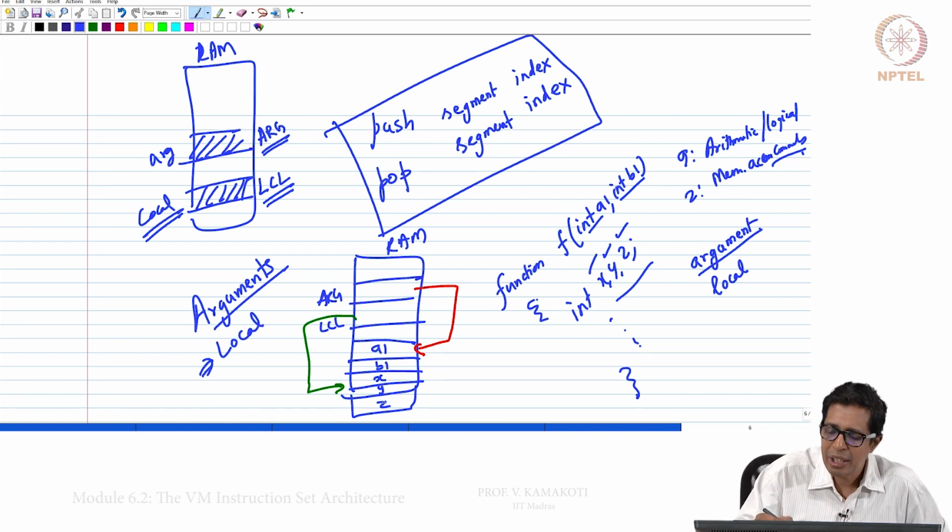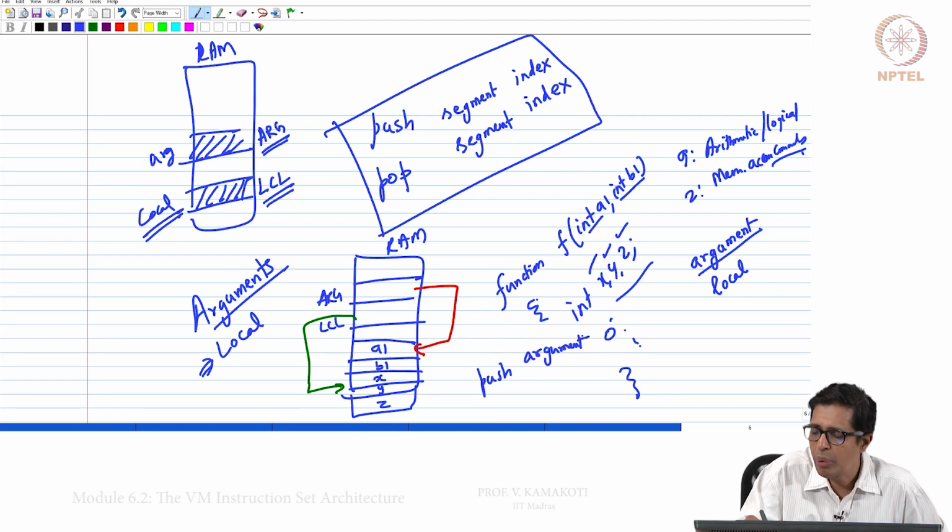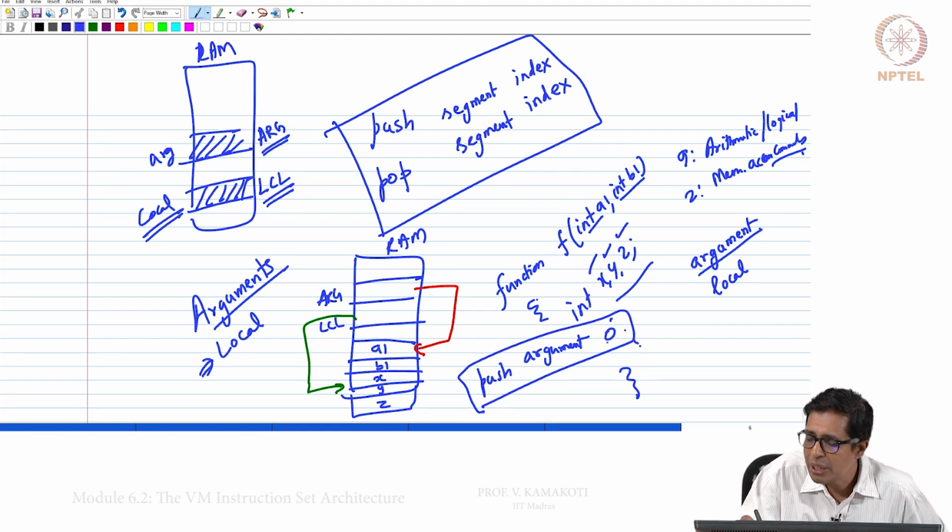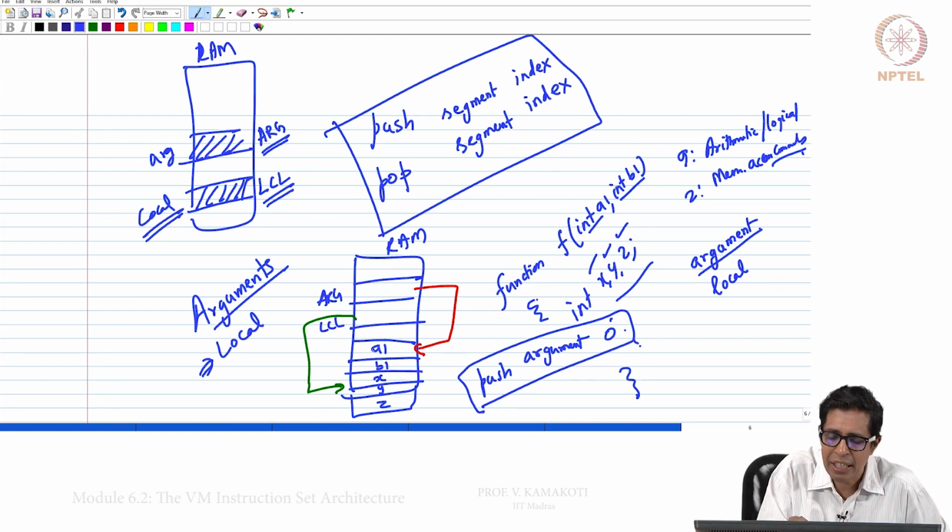Now when I say push argument 0, it means go to the argument section, go to the 0th index. That means you have reached the storage A1, and push argument 0 means you are pushing the value of A1 onto the stack.